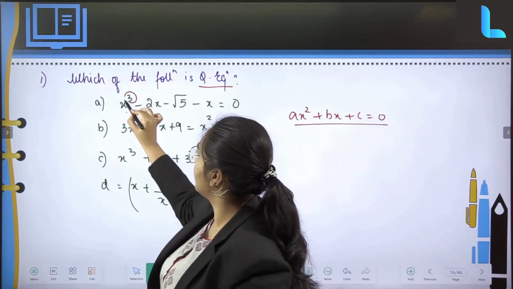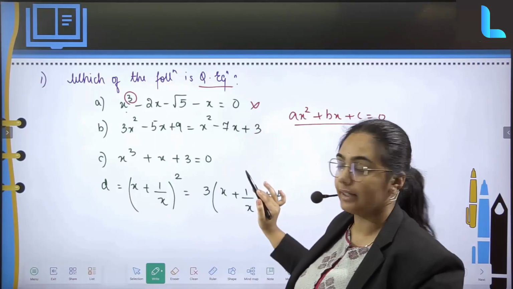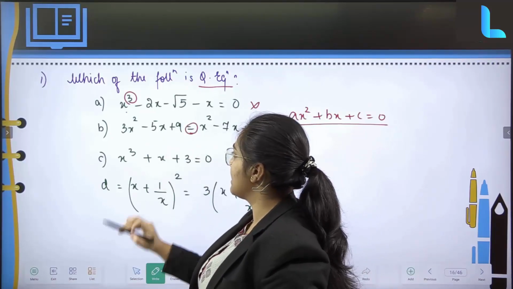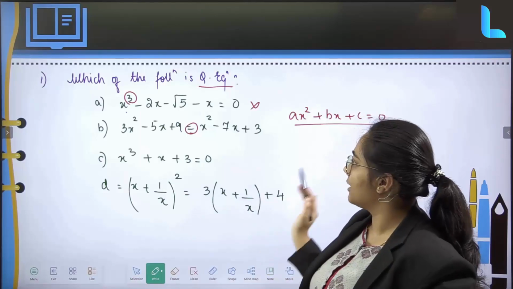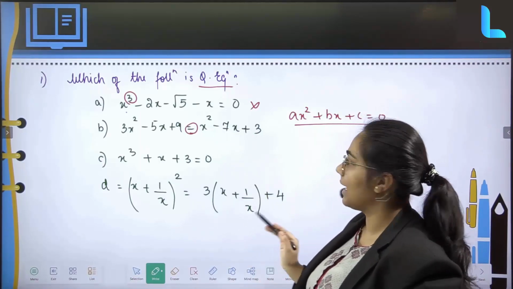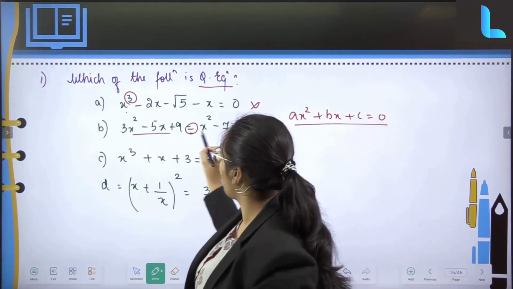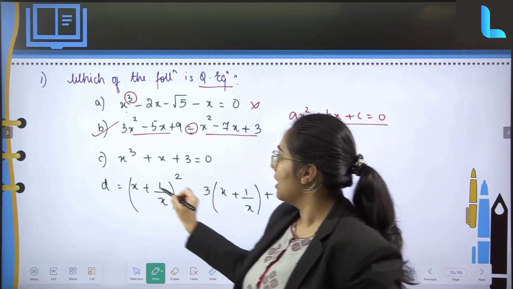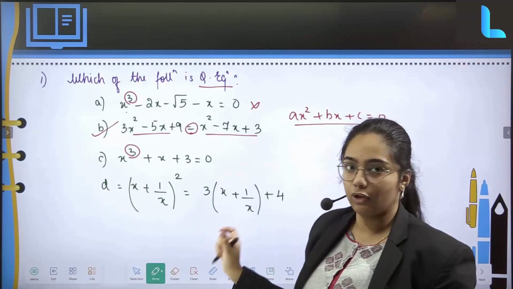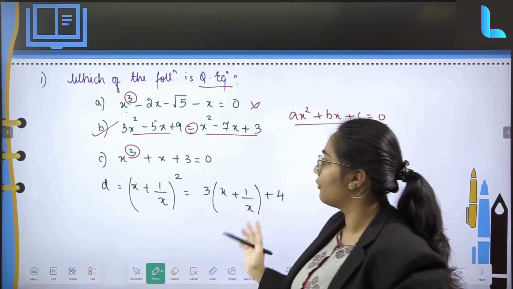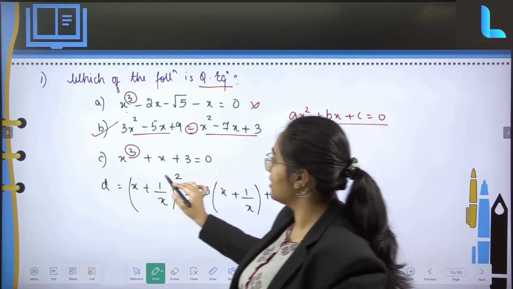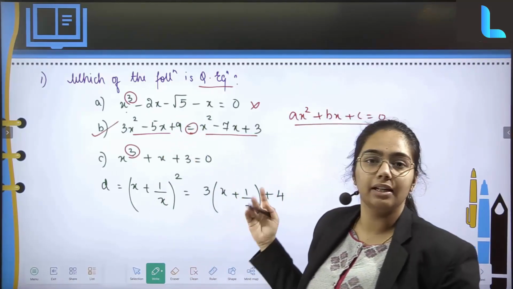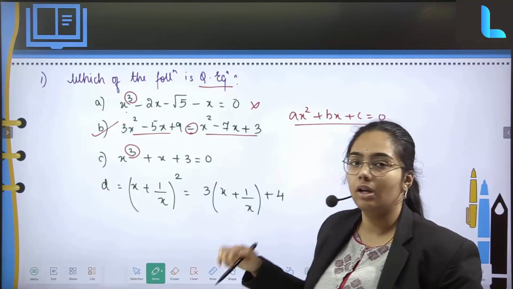So now over here, the first one is only a cubic equation, so we cannot consider that, right? The next option has two equations, that is 3x square minus 5x plus 9 is equal to x square minus 7x plus 3. See, both the equations are going to satisfy a quadratic equation. So this is going to be my option. But still, if we go and check the third option, again you have a cubic equation, and if you solve it, I don't think you will be having a quadratic equation, because only option B is satisfying. Only if all these three equations don't satisfy, I'll go ahead and check the fourth option.